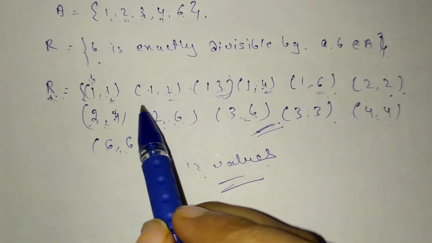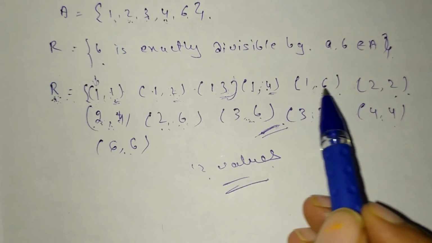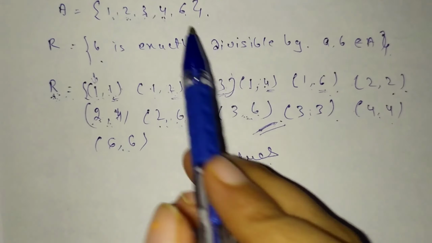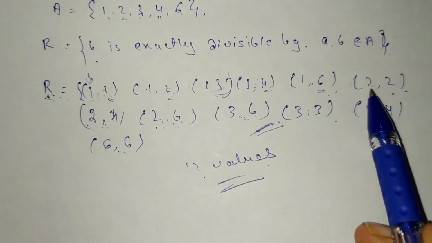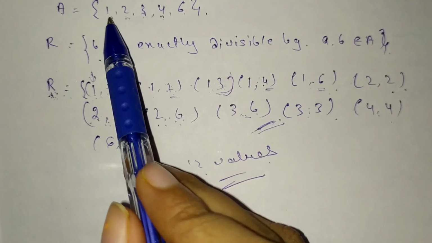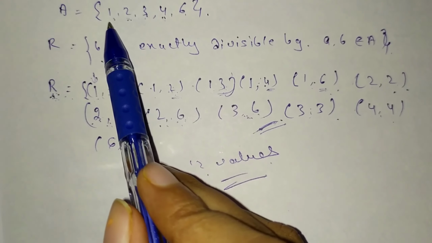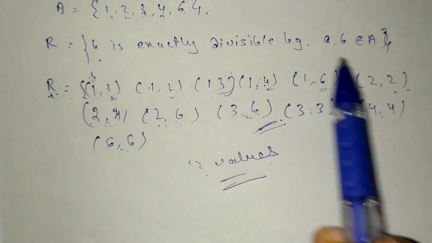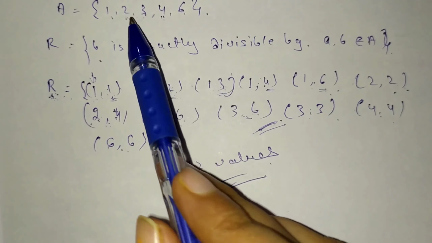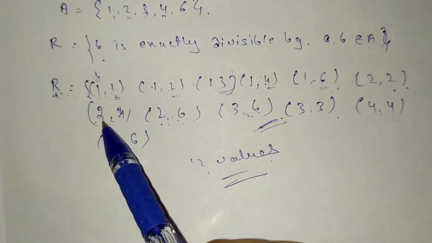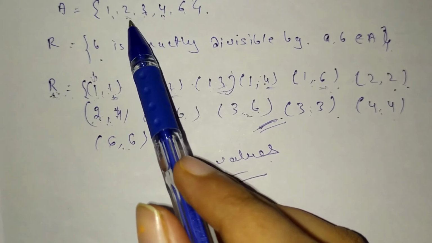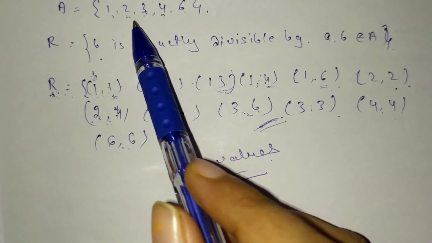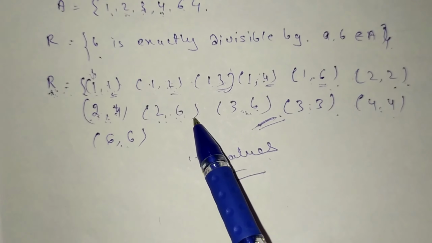Here we can see that the value of B is 1, 2, 3, 4 and 6, which is divisible by A, that is 1. Now we will directly take 2, 2 rather than 2, 1, as the value of B in this case will be 1, which is not divisible by 2. So we will directly come to 2, 2. Then directly come to 2, 4, as 4 is divisible by 2, and the mid value, that is 2, 3, we will not take, as 3 is not divisible by 2, and then directly come to 2, 6.